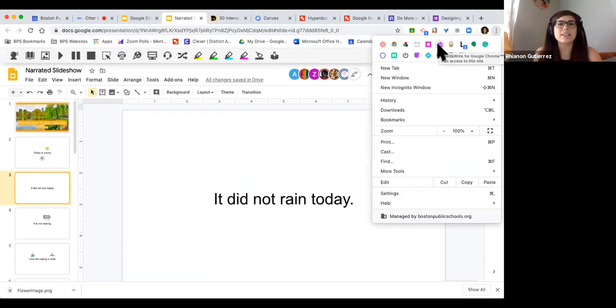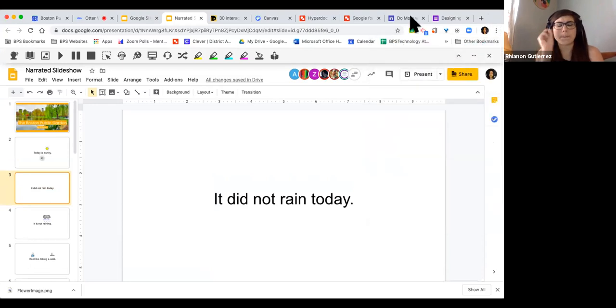So I just activated Read and Write as a purple puzzle piece in my Chrome extensions. I need to be using the Chrome browser for this to work. And it launches this toolbar for me. Now, I want to insert an image. So before I do that, I'm going to put my cursor right where the word is.